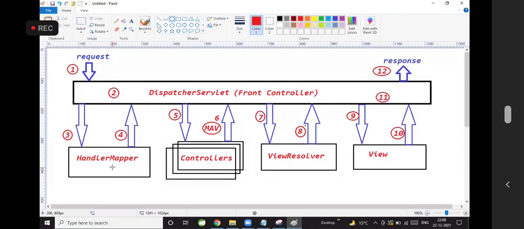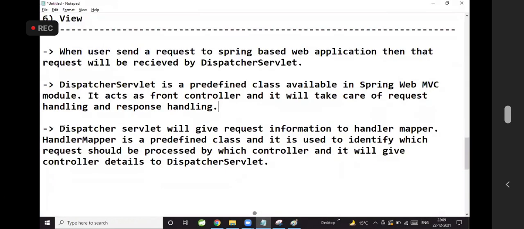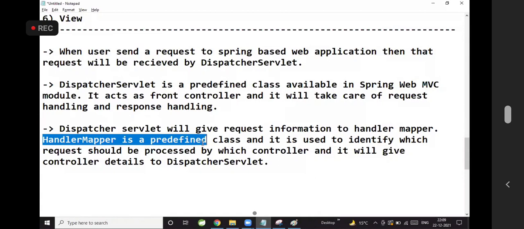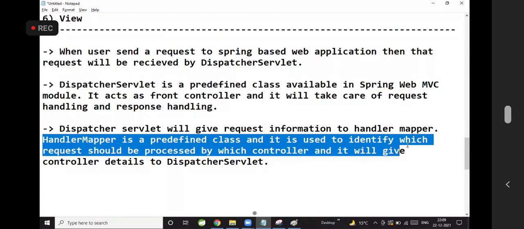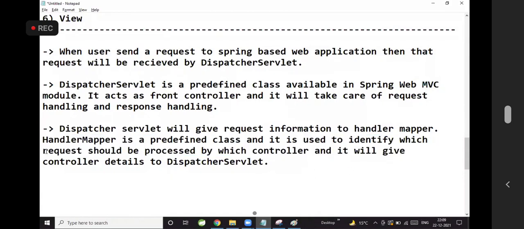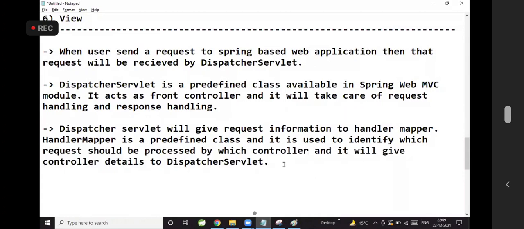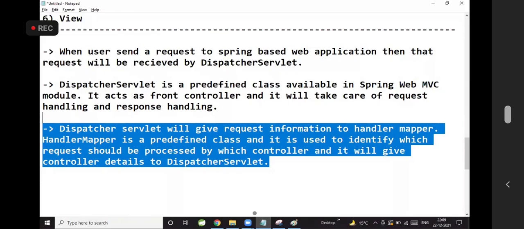Handler mapper will identify which request should be processed by which controller. That is the third step. Handler mapper is a predefined class and it is used to identify which request should be processed by which controller and it will give controller details to dispatcher servlet.